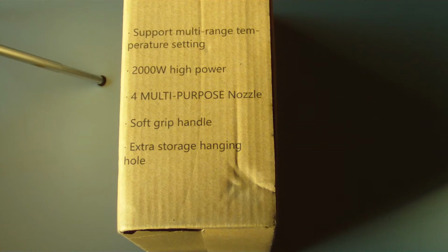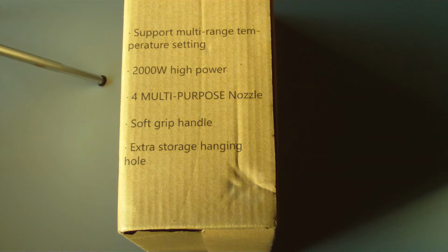Anyway, we get into this short video. It's not going to be very long. But I've got another parcel here, which I'm going to open and show you what I got. I believe this was £16. So that's 16 quid